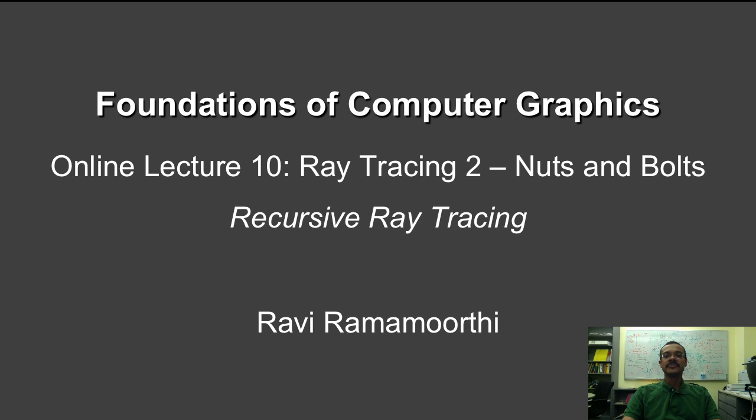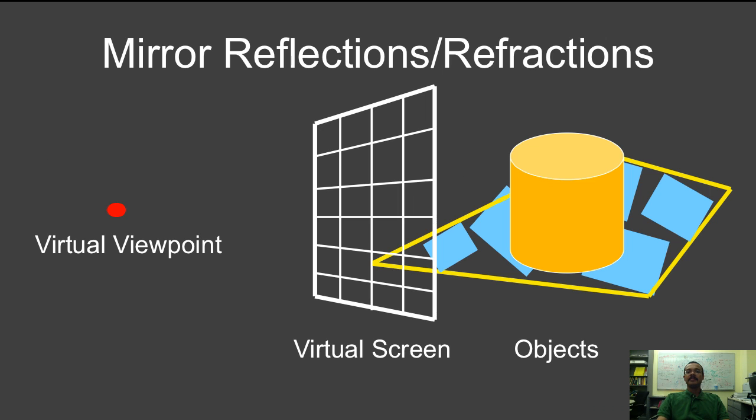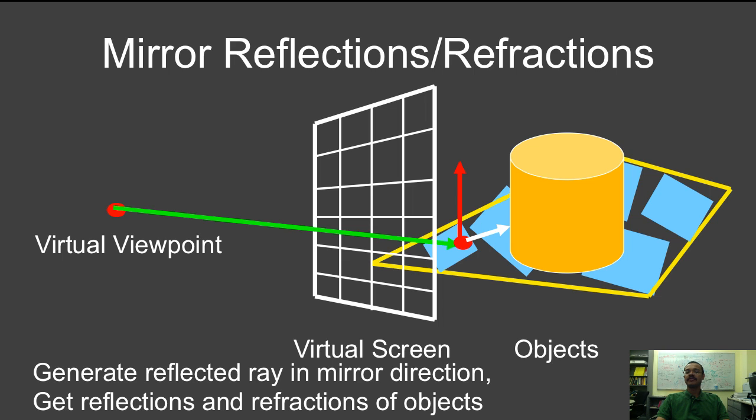Finally, we come to recursive ray tracing, and we'll briefly explain how that is implemented. Let me review what happens for mirror reflections and refractions. Again, I've shown the virtual viewpoint to the camera. The ray from that hits the scene, in this case the plane, and you generate a reflected ray in the mirror direction. In this way, you can get the reflections and refractions of objects by recursively calling the intensity function